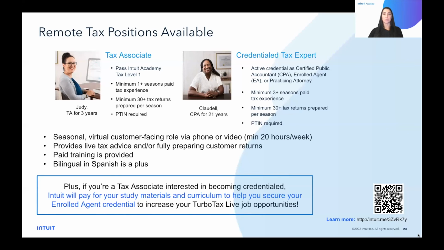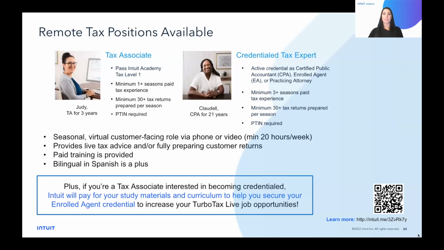Now, for our tax associates, once they're hired, they're invited to participate in our early development program to help them obtain their EA credentialed license. This program provides all of the materials and mentors, and once you successfully pass and obtain your EA license from the IRS, then you can be considered for our tax expert agent role.